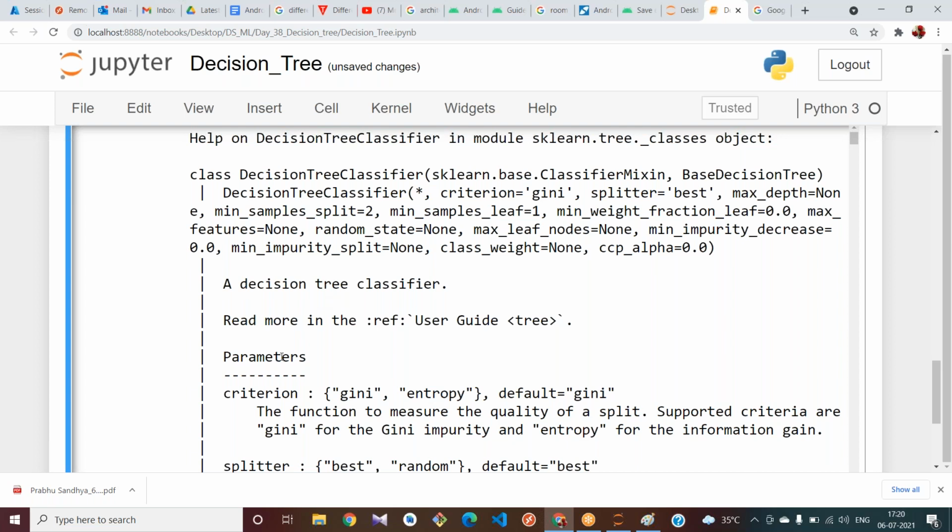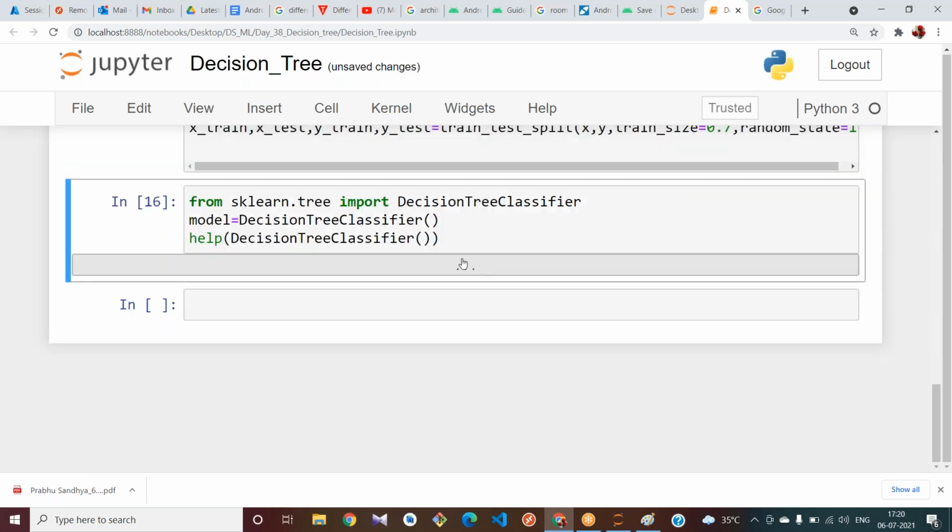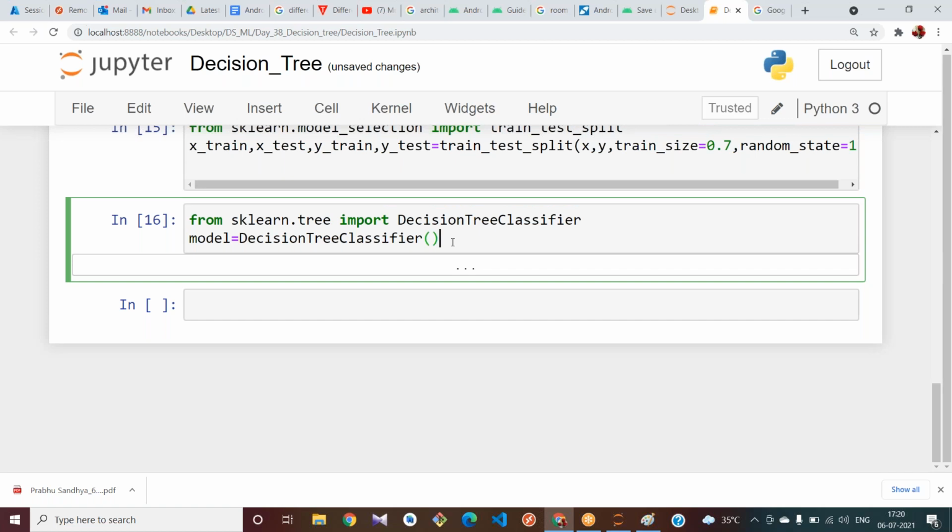Here, in sklearn, the supported are only Gini and entropy. By default, it calculates the Gini value and splits your data. Let me leave it like this, and then we will change the criteria.